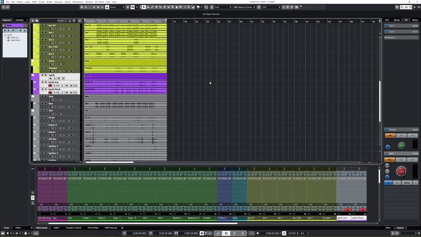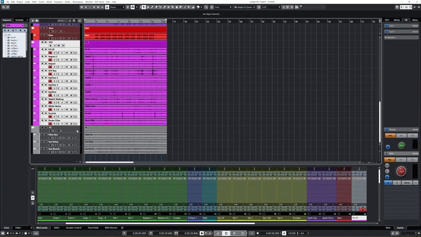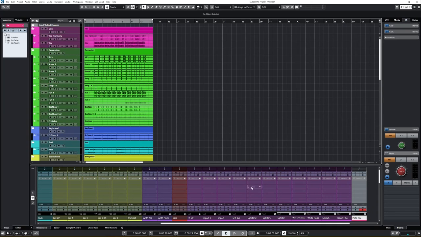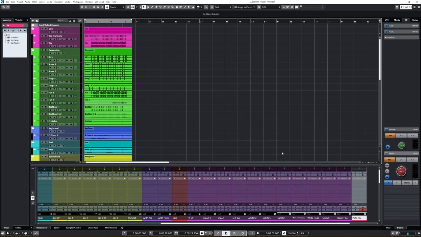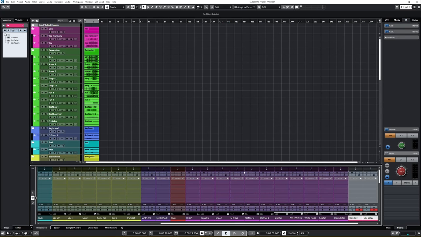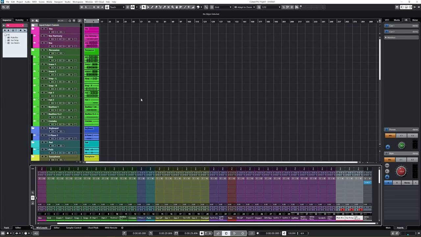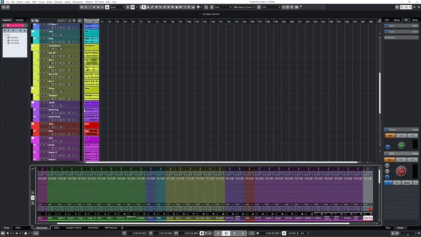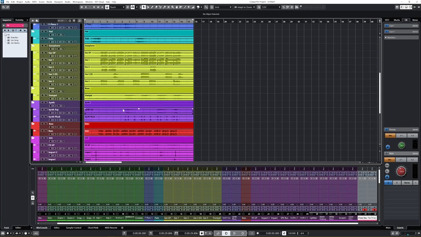Color assignment is a useful way to get through the instruments faster, and it's also very motivating when you have a colorful workflow. So as you can see, we have applied color to all of our tracks. And now let's find the synthesizer, for example. And now here it is. And we can simply find and hear it and the other one. So let's go to the saxophone, the solo sax,